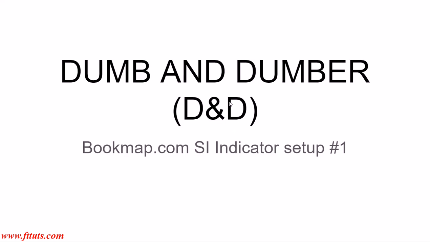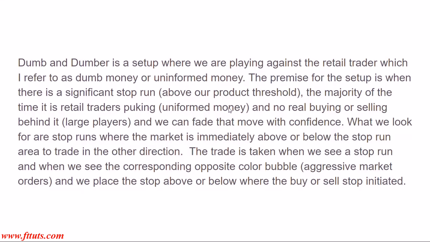It's the bookmap.com SI indicator setup number 1. So the Dumb and Dumber is a setup where we're playing against the retail trader, which I refer to as dumb money or uninformed money. The premise for this setup is when there's a significant stop run above our product threshold, which is obviously important,